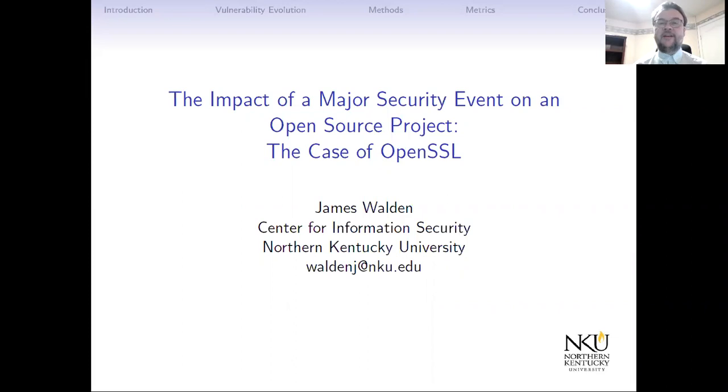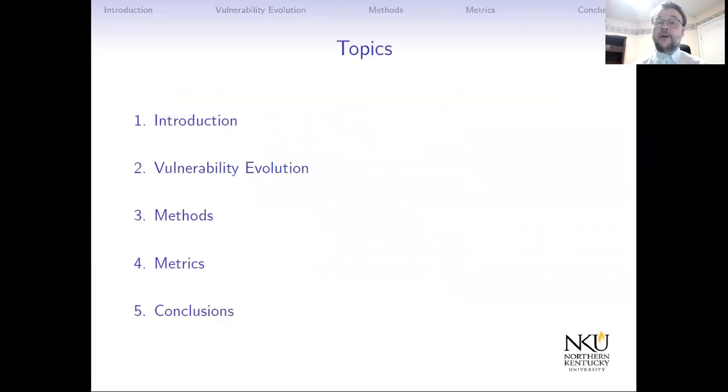In this presentation, I'm going to explain the impact of a major security event on an open source project, in particular the impact of the Heartbleed vulnerability on OpenSSL. We'll start by looking at OpenSSL and Heartbleed and why they're important, and then we'll look at the evolution of vulnerabilities through the history of the project. Then we'll look at our methods for analyzing time series of monthly software and project activity metrics before we come